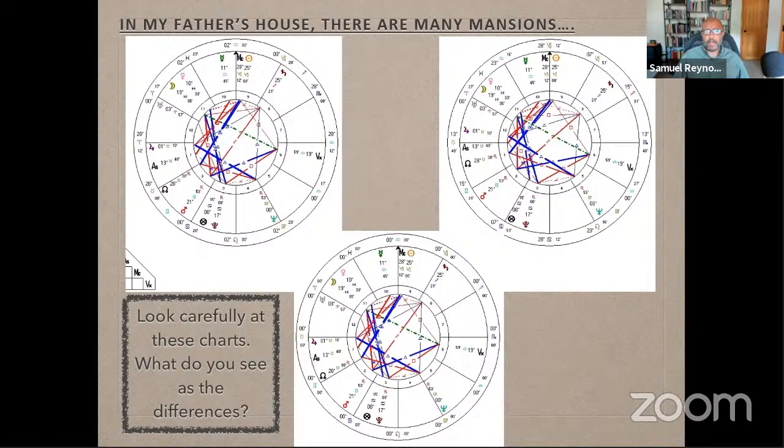But I will say this, that there's a question that often comes up when you look at these charts. You will even see different rising signs. Like this one is from Uranus. So this is a different house system. This one is whole sign house system. And this is Placidus. And this is all for Dr. King's chart, Martin Luther King Jr.